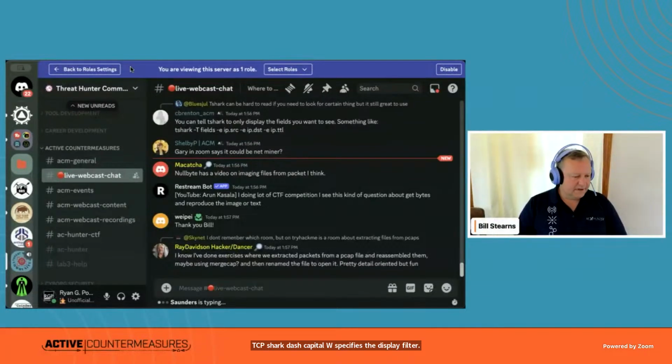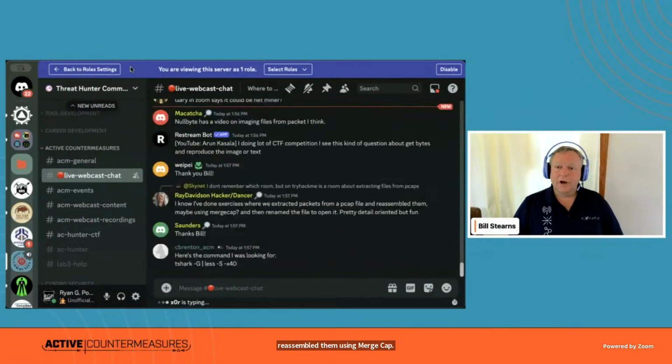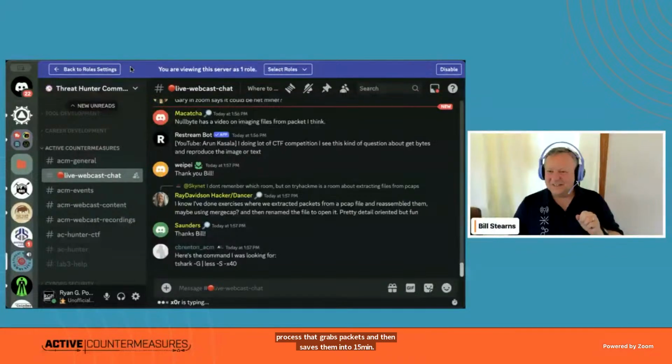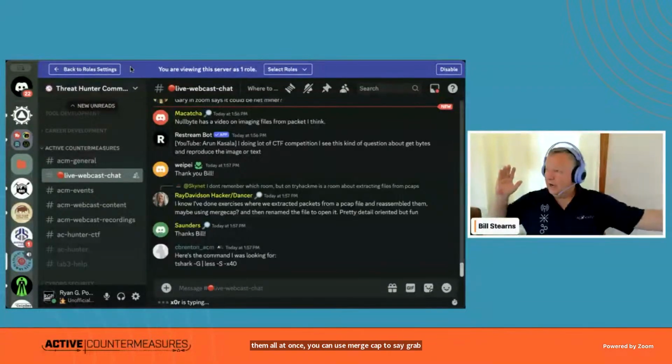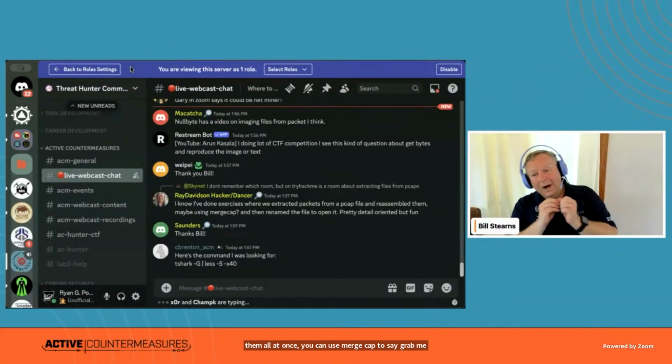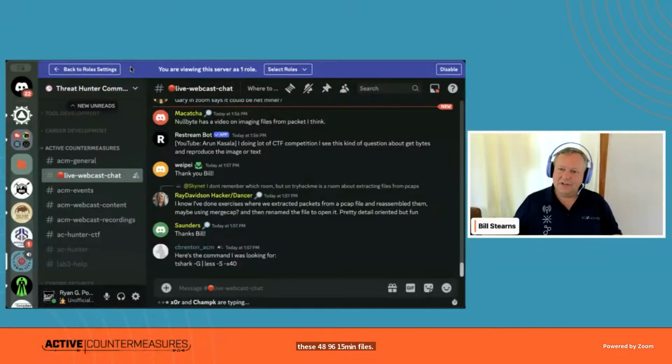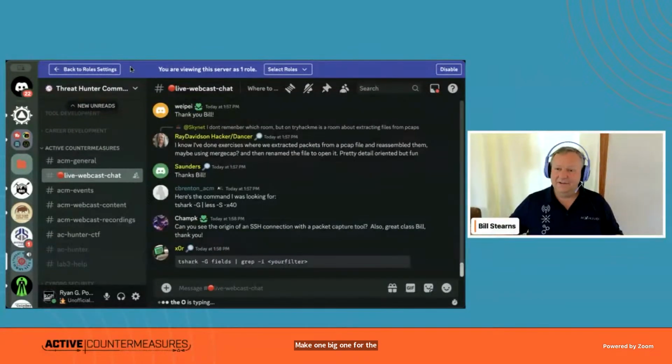Ray Davidson, I've done exercises where he extracted packets from a PCAP file and reassembled them using mergecap. Yes, absolutely. You might have a packet capture process that grabs packets and saves them into 15-minute-per-file chunks. Then if you want to analyze them all at once, you can use mergecap to say, grab me these 96 15-minute files, make one big one for the entire day,